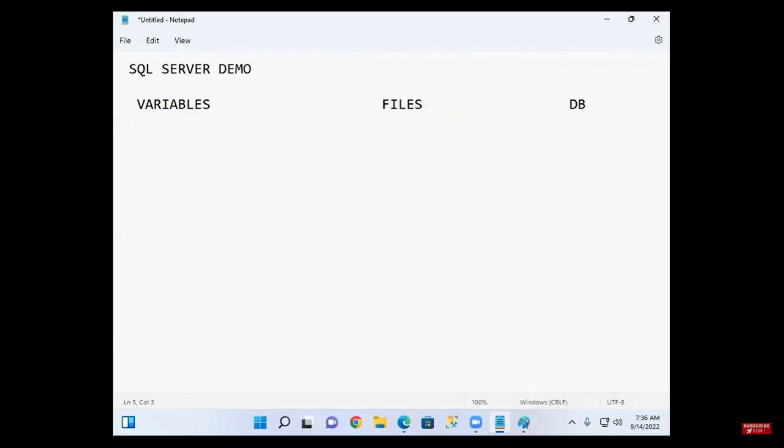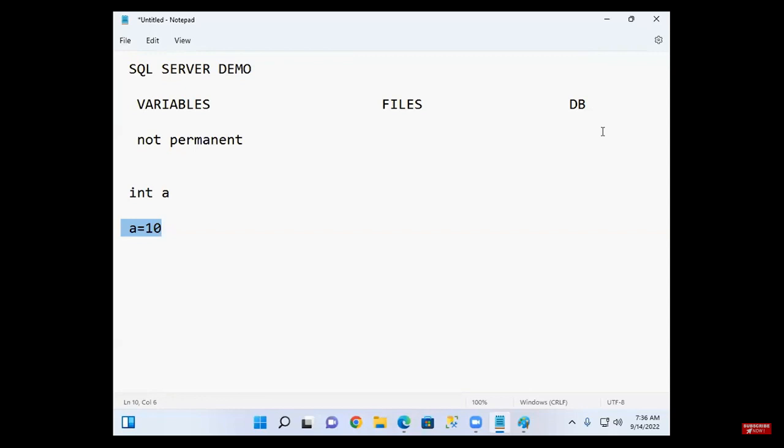But if you store data in variables, it's not permanent. Like just now I took int a equals 10. You gave some value, 10, to variable a, and this value exists only up to the program.